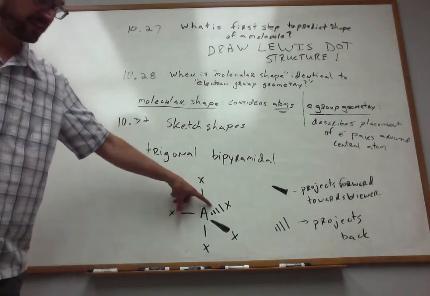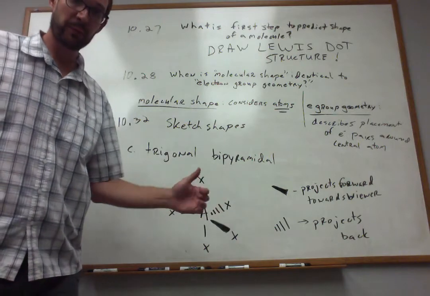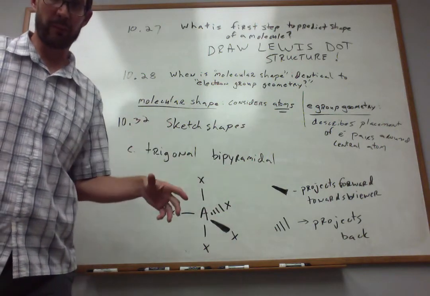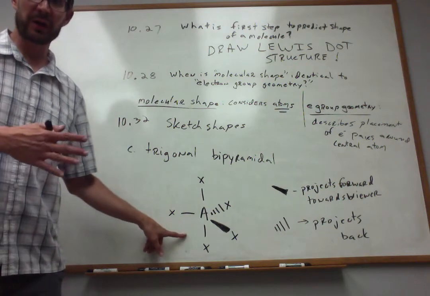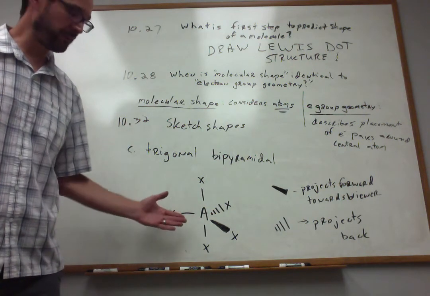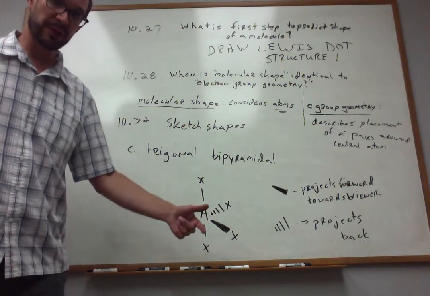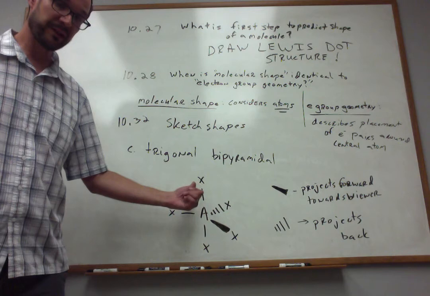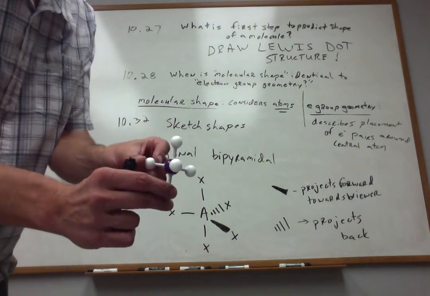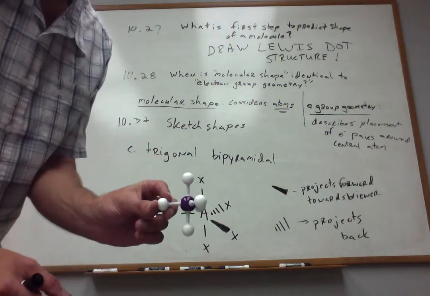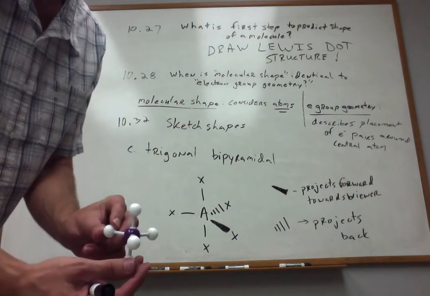So if you see the dashed wedge, that tells you that bond is projecting back behind the plane of the board. All this is basically a way to draw, on a flat piece of paper and on one plane, the shape of a molecule. We use the closed wedges to project forward. We use these wedges to project back. And as a consequence, we're able to draw relatively complicated three-dimensional shapes using this wedge